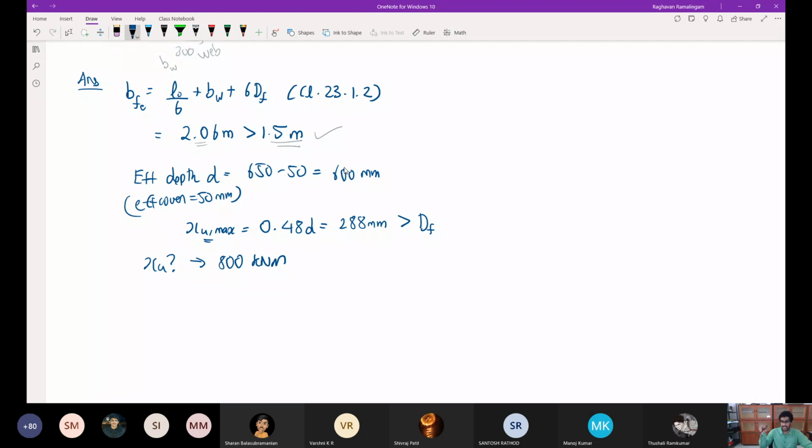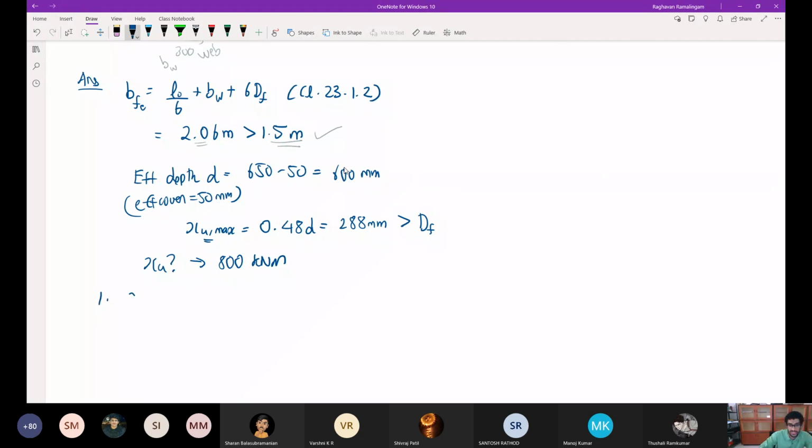We cannot use 0.87 Fy AST divided by 0.36 FCK B because it is not actually a rectangular section, it is a T section. So we'll have to try from the simplest assumption to the most complicated one by one. There are three of them. One is that it can be considered as a rectangle, which is the easiest assumption. The second is that the depth of the flange is entirely within the rectangle of the stress block. The most horrible assumption is that some of the flange is in the rectangle and some in the parabola. So there are three cases from easy to hard, and we'll try them one by one.